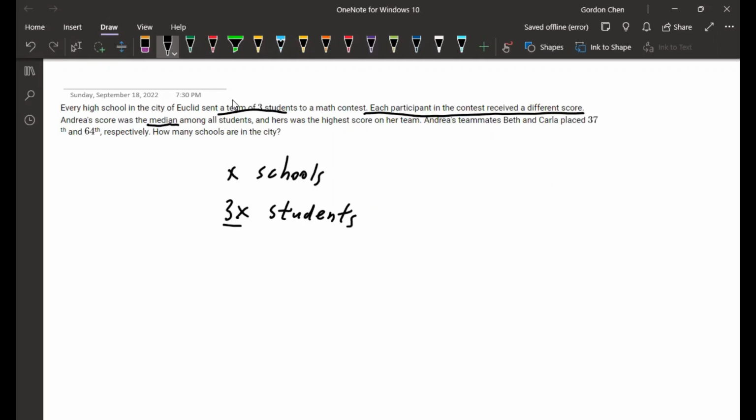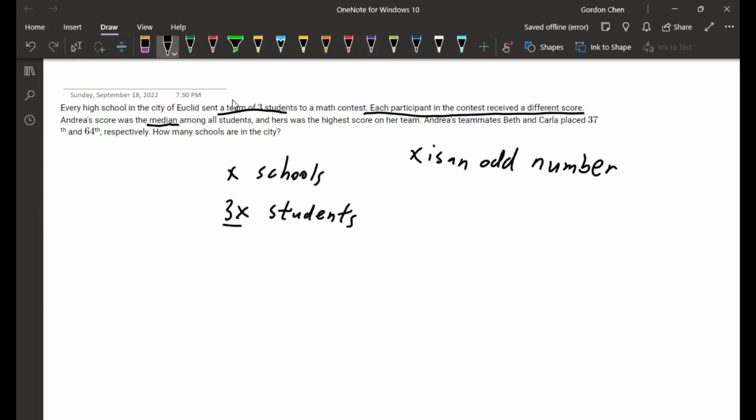Only if the two people in the middle received the same score would the median be one of the students' scores, but it's given that none of them have the same score. In other words, that means it has to be odd. So x is an odd number,